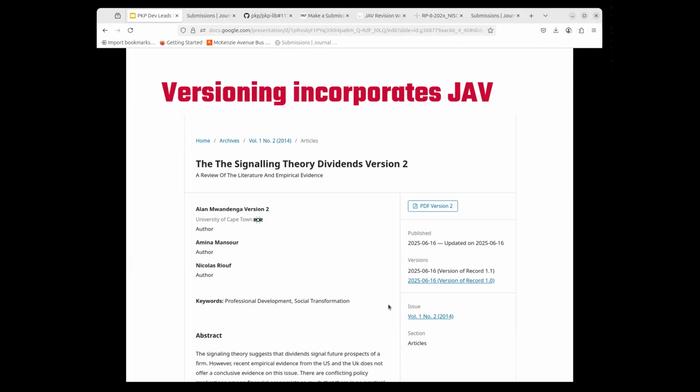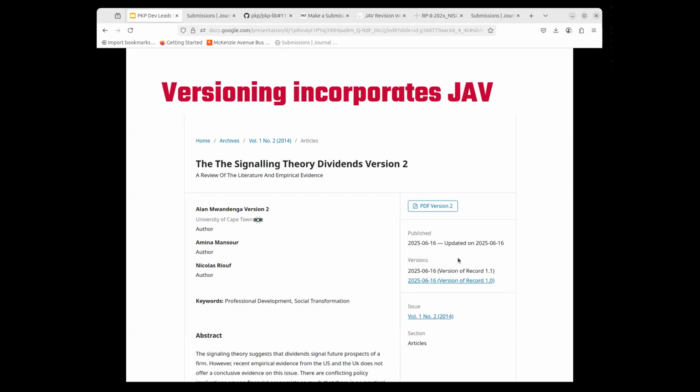or a version 3. What journal article versioning does is it extends that to include also the concept of a major versus a minor revision. So if you had previously version 1, 2, 3 of your journal article, you can now create a 3.1 for a minor revision or a 4.0 for a major revision. So this indication here, which is probably going to be adjusted a little bit before we release it, now gives